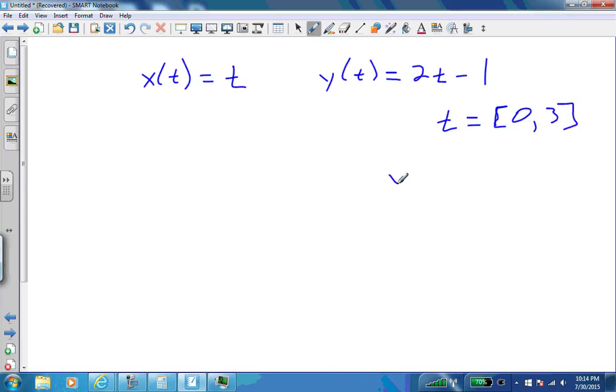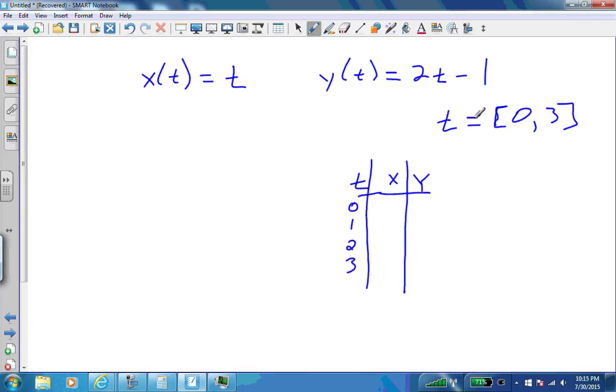So let's make a table. Let's make an XY table, and let's put a third column in it that represents different times. So our time is going to go from 0 to 3 seconds. So when time is 0, 1 second, 2 seconds, 3 seconds, we could also look at smaller partitions. But let's just pick some random t's in this interval